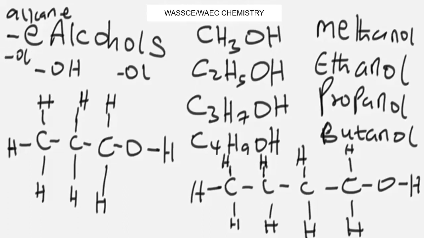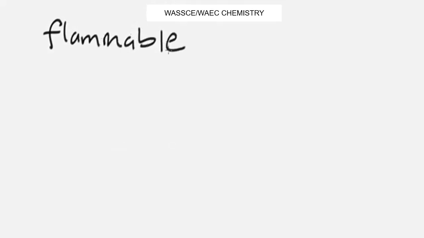Now, let's look at the properties of alcohols. Note that the first four alcohols have similar properties, which include that they are flammable. When I say they are flammable, what I mean is that they undergo complete combustion in air to produce carbon dioxide and water. For instance, let's say ethanol